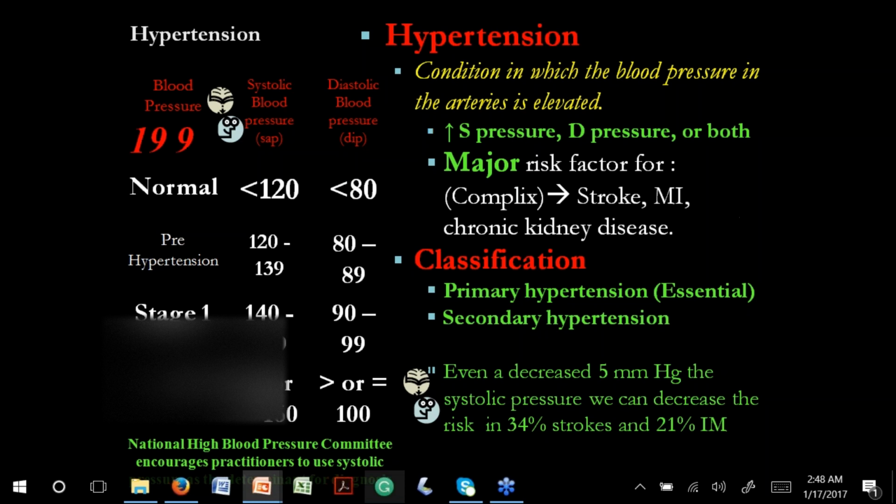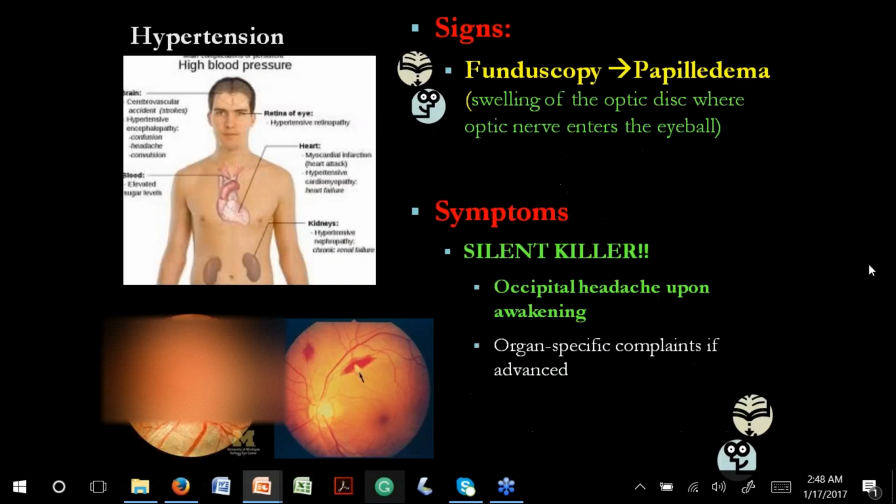Signs and symptoms of hypertension. Mostly, the signs and symptoms of hypertension are going to be very few, if there is any existence of signs and symptoms at all. But some people are going to have only a headache, and this headache is mostly located in the occipital area